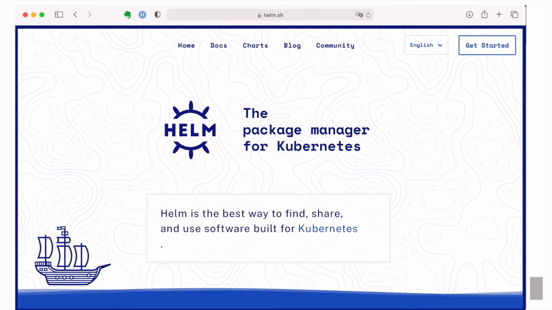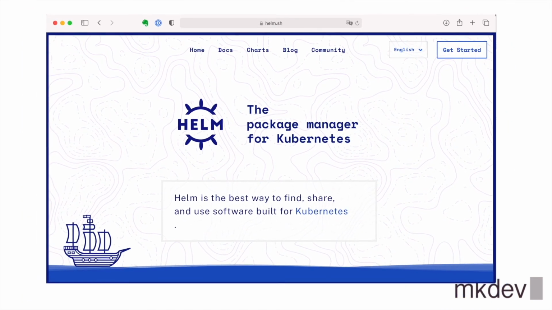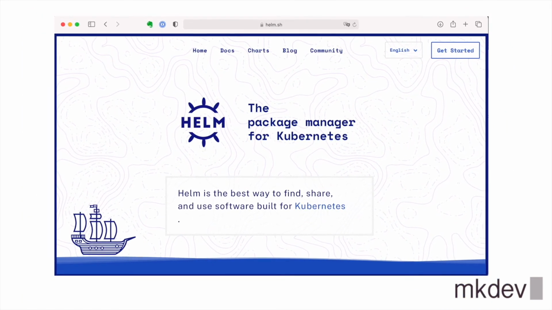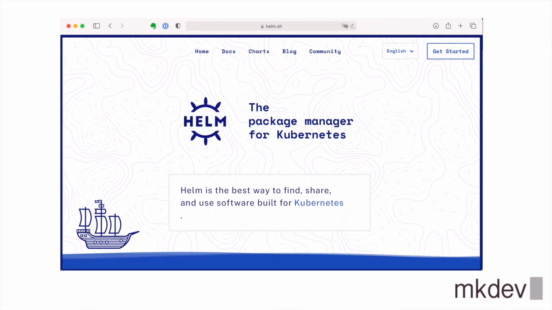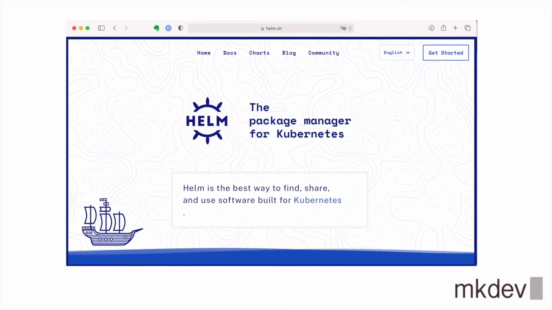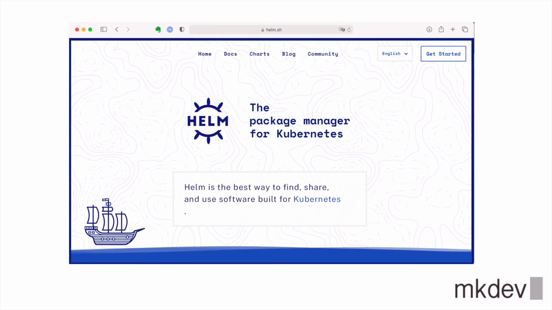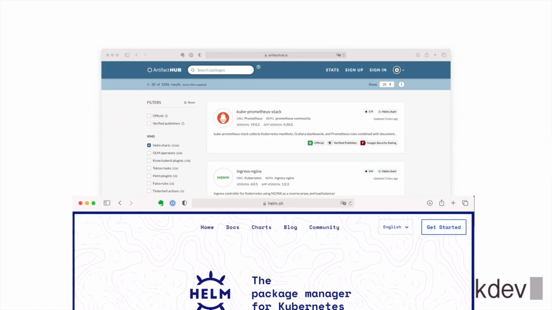Helm is a tool that solves those and a few other problems. It allows you to properly template your object definitions. It gives you a set of commands to manage the releases of your application, and it provides some extra advanced utilities, like the aforementioned hooks. While definitely not the only tool that solves all or some of those problems, Helm became more or less a standard for packaging Kubernetes object definitions.